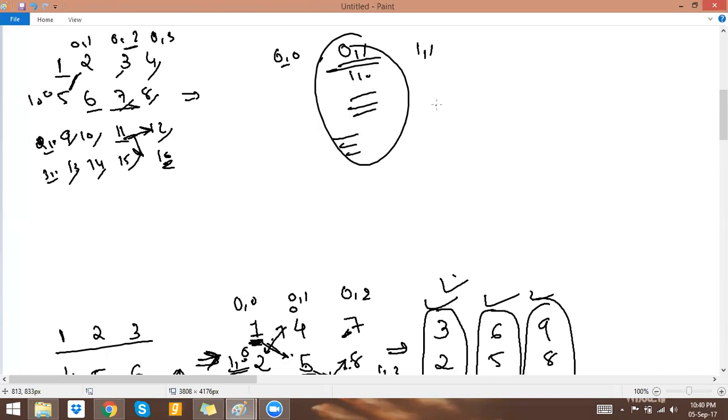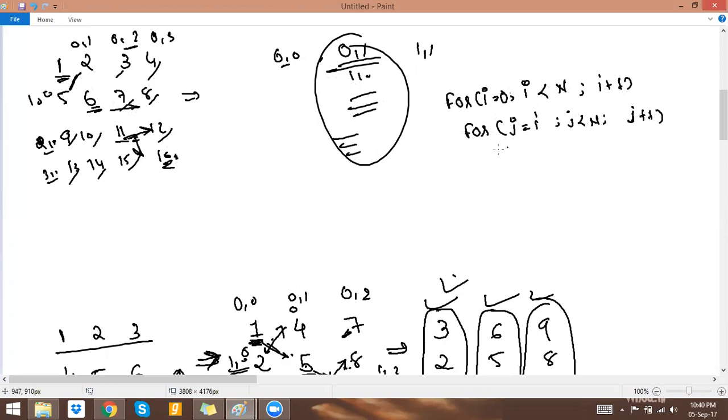Correct? In this way, I have to write a logic. So can I write something like this? For i equals 0 to i less than number of rows. The number of rows in the square matrix is n, i plus plus. And the same way j equals i, because I want to go diagonal-wise: 0, 0, 1, 1, 2, 2, 3, 3. So j equals i to j less than n only, j plus plus. Now what do I have to change? I have to swap